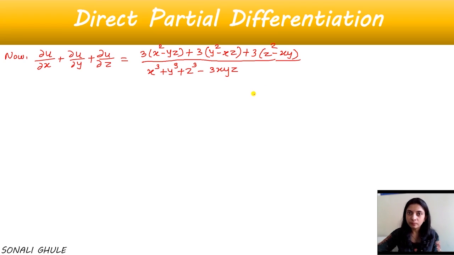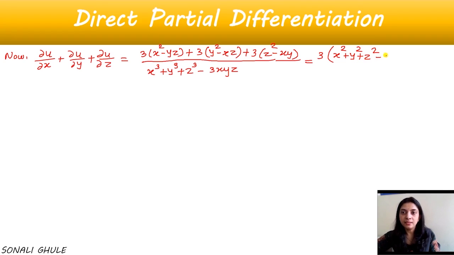As I told you, if the denominator is the same, we can add numerators only. Okay. We can solve this further by taking 3 common. What is there? Yes, x square plus y square plus z square minus yz minus xz minus xy, right, upon